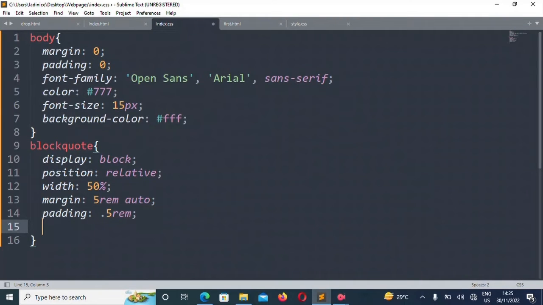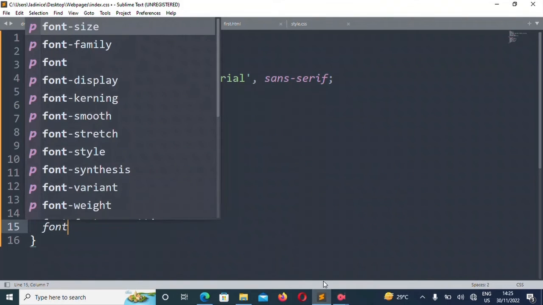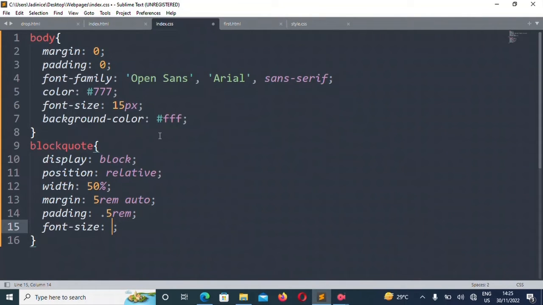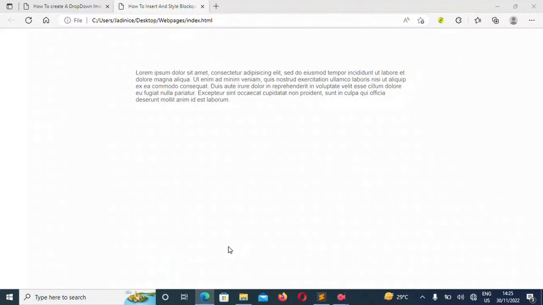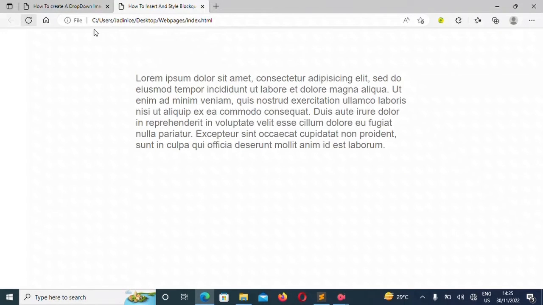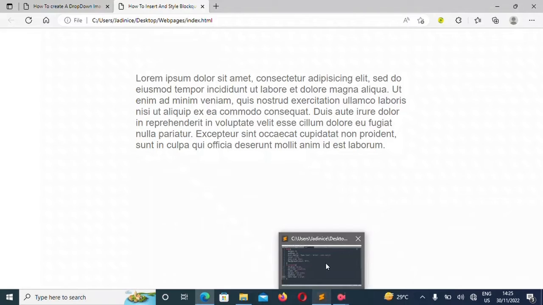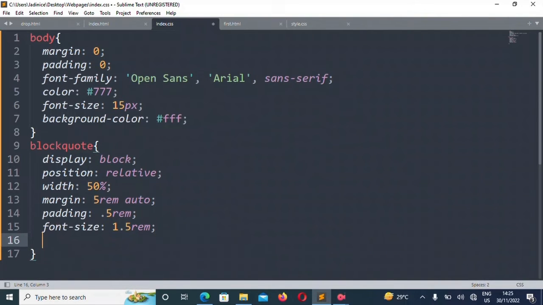The next thing that we're going to do is to add the font size. We'll make the font size to be a little bigger. 1.5 rem seems okay, so let's save it and then see how it looks. There, it's a bit bigger, it's nice now. So with that, we're even able to see how the block quote will appear. And don't worry, you're going to see exactly how it looks like.